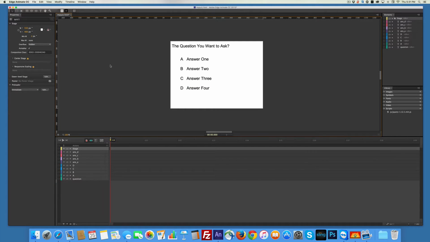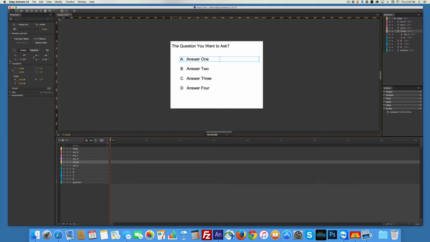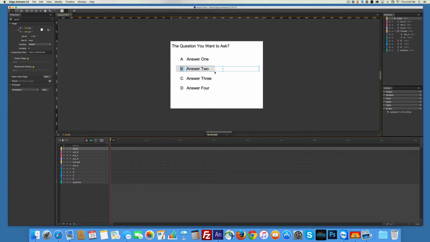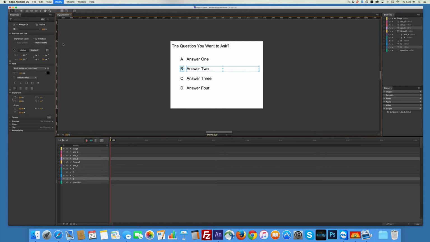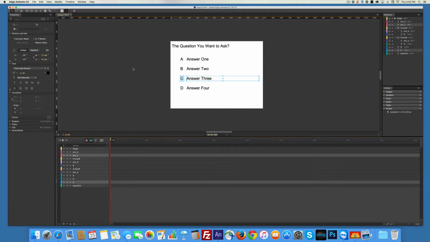We have our stuff. Now, what I do with each one of these, so that they're all one piece, is I select both of them, both pieces. So I need the arrow key, and I grab and I'll just drag around this one. And I'm going to go Modify, and I'm going to group my elements. And the first group I'm going to call group A. We have a pattern. And we'll do this one again, Modify Group, and we'll change that to Group B, and then we'll do it again, Modify,